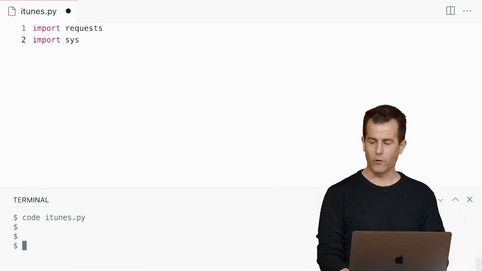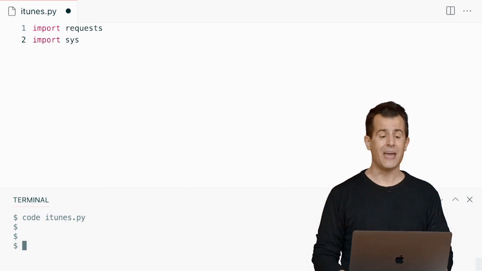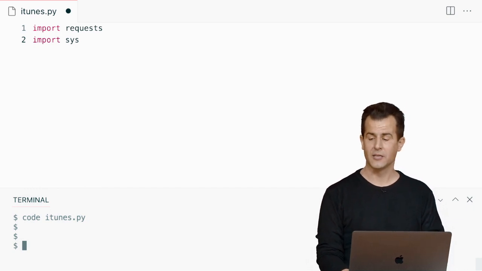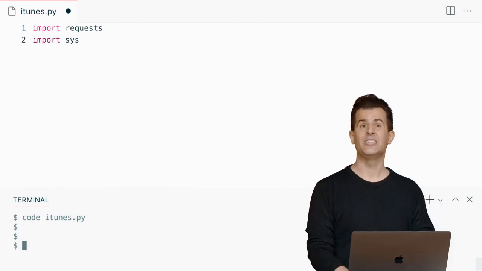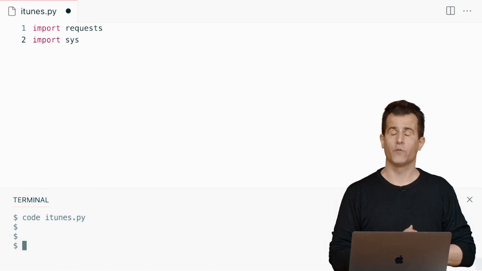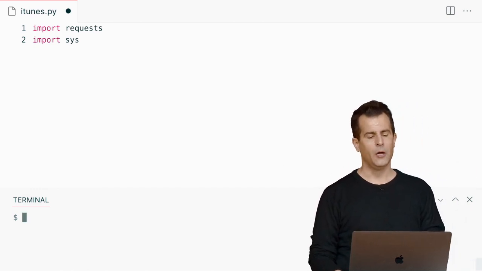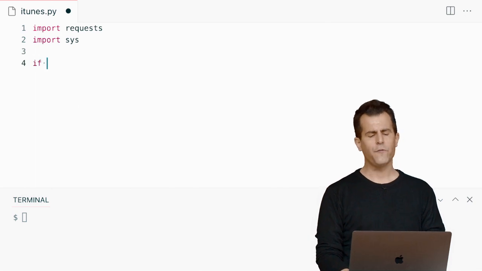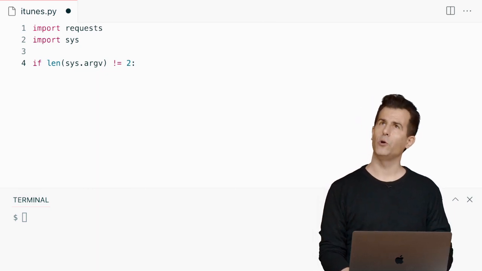I'm going to go here and import first the requests library, which I installed earlier in order to make those HTTP requests. I'm going to go ahead and import the sys library, via which I'll have the ability to use command line arguments, like specification of the band that I want to search for, if not Weezer. And then down here, I'm going to go ahead and insert some error checking to say if the length of sys.argv does not equal 2, so if the user does not provide me with the name of the file